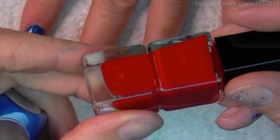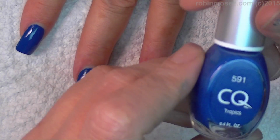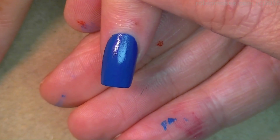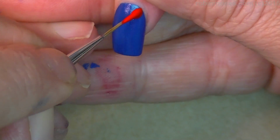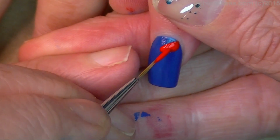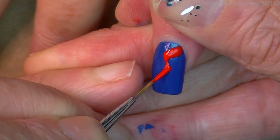I'm starting with Mon Cherie by Madame Glam and 591 CQ. Okay, so now with a stripe of red, I'm going to make a ribbon. So I'm going to push with the brush. This nail is super, super tiny. I apologize in advance. Then I'm going to go light, then push,